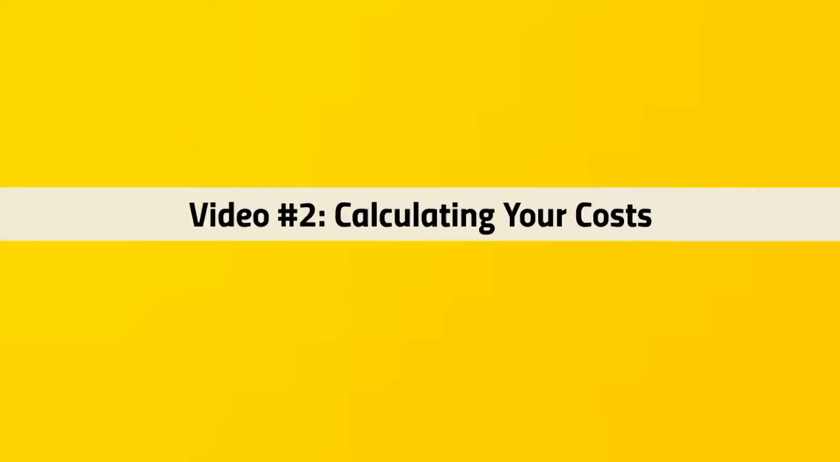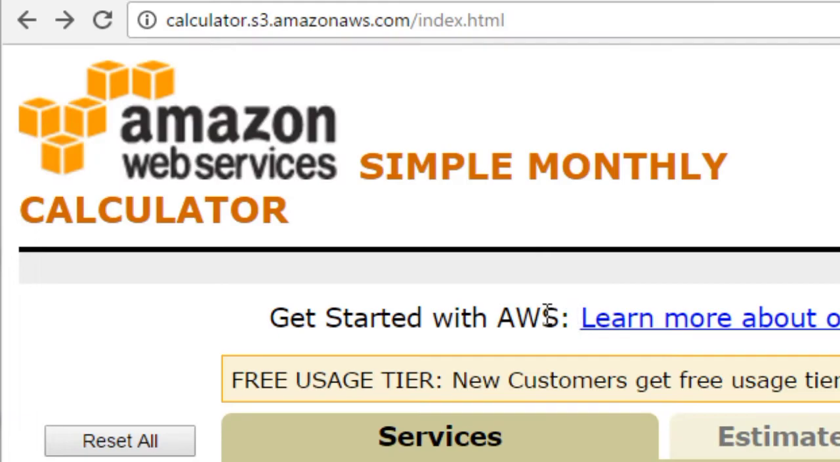Hello and welcome back to video number 2, which is calculating your costs for your monthly budget and potentially your yearly budget. Okay, so now what we want to do is you want to head on over to calculator.s3.amazon.aws.com/index.html. So once you enter that, you will be sent to this page, and we can begin to budget your